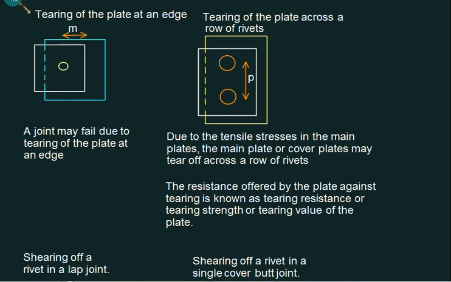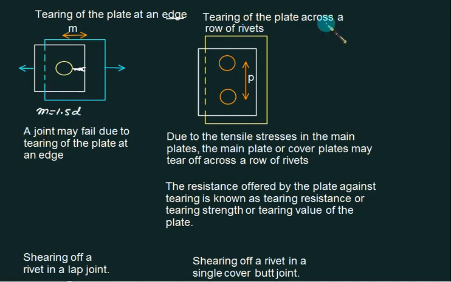Suppose you keep this rivet nearer to the edge, there is a chance that the plate will wear out by the application of the force F. It means you have to keep this rivet slightly away from the edge. If you keep this distance, then the strength of this edge will increase. So you must maintain a certain distance, equal to M. If you do not maintain that distance, the plate will fail along the edge. So margin you have to take as 1.5 times the diameter of the rivet.